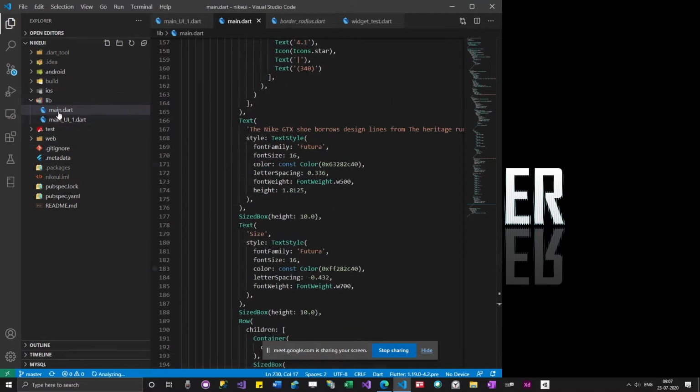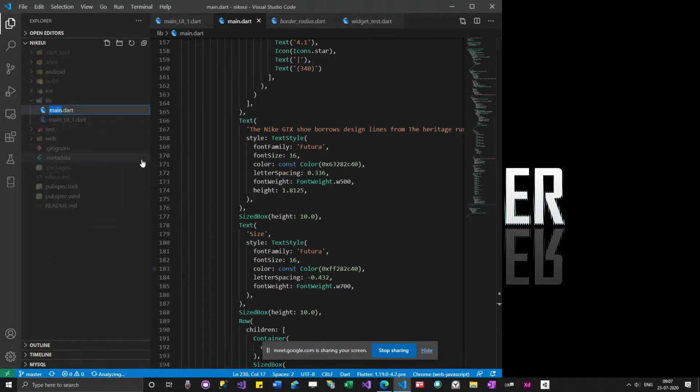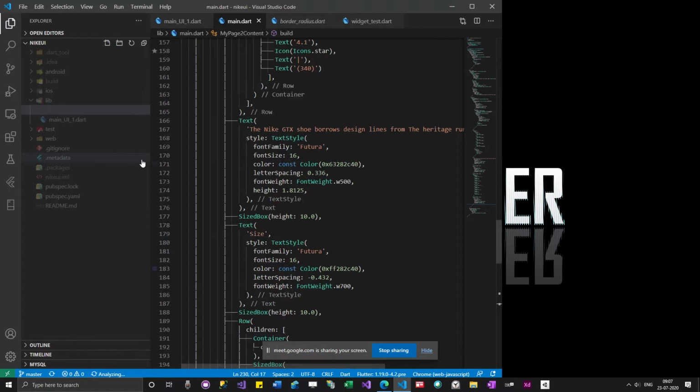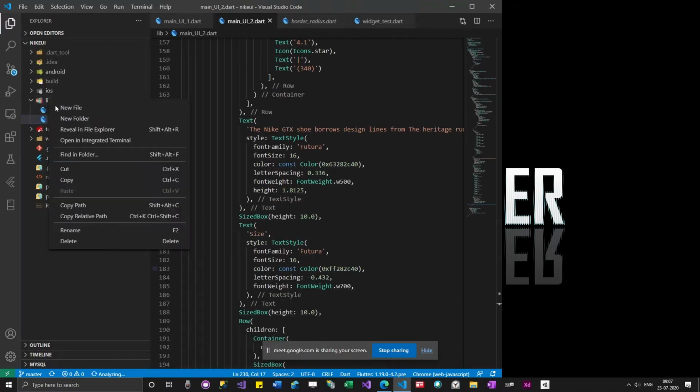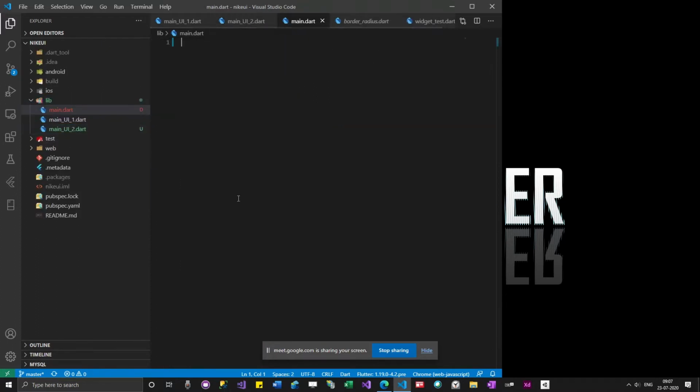So till now we have created two pages, right? I'm going to rename this yesterday's page, and I'll create a new page for today's stuff. Okay, so here we'll code the third page.